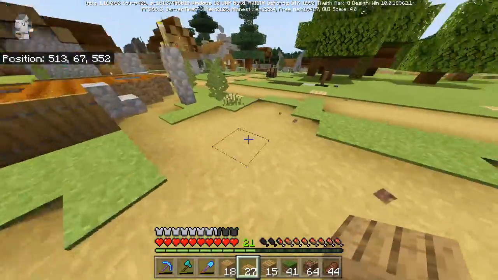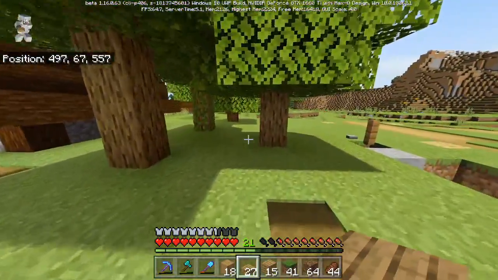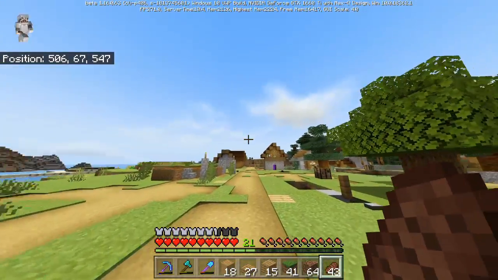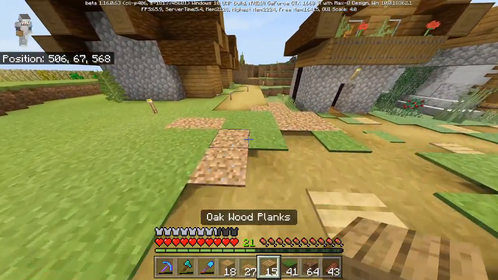I'm going to get rid of all this path right here and over here, unless I put a building here. But I got a bunch of oak trees growing. I went and got some saplings and got a bunch of oak trees growing here so we can get some oak wood. I like spruce, but I like oak a little bit more for pathways. And then once I get the